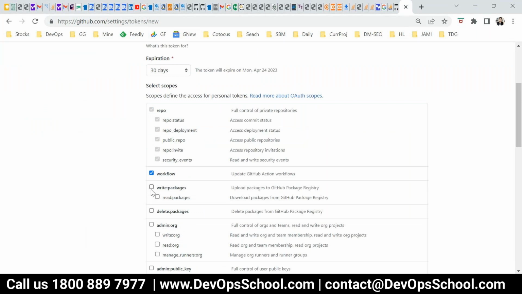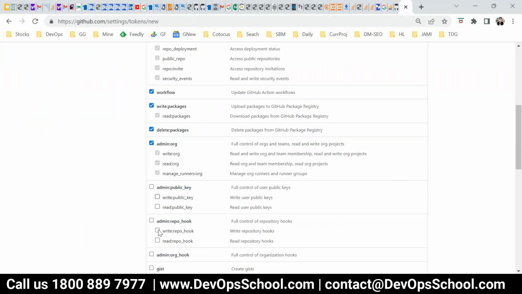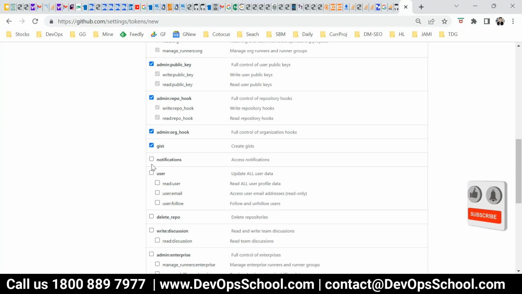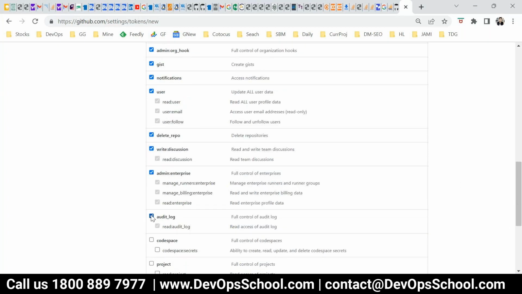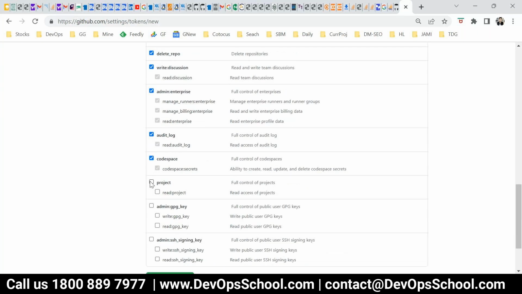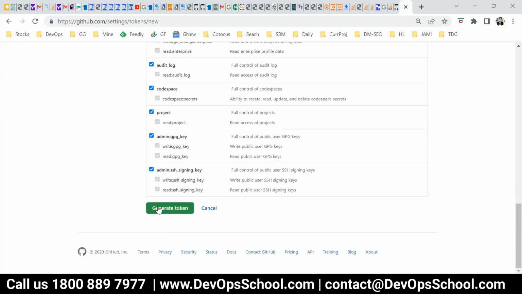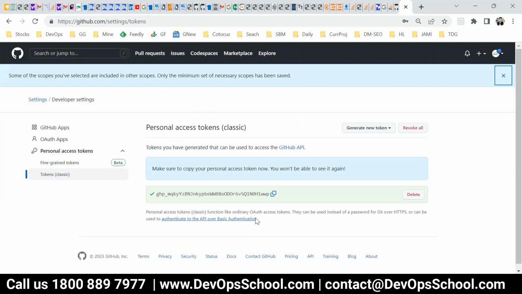I'm not reading too much, else you'll get irritated from this. So I'm giving every access blindly. You should not do that, but it's just for learning purposes, right? In production, there are so many checklists to be followed. Here, this is the token, copy this token and give it,